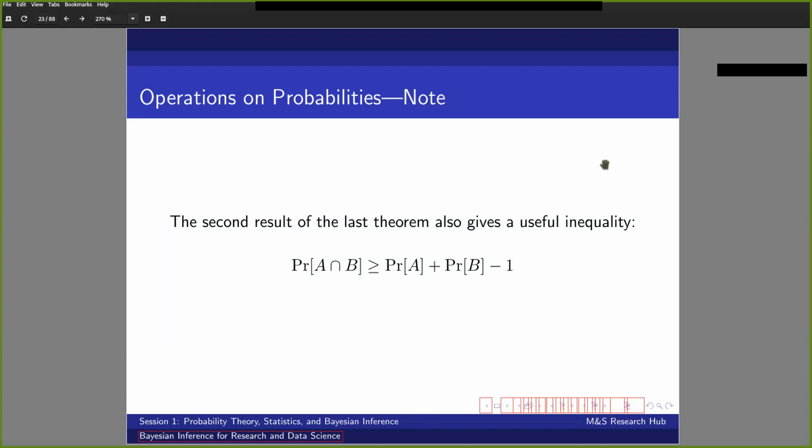Now, as a note, the second result of the last theorem gives a usual inequality that the probability of A intersection